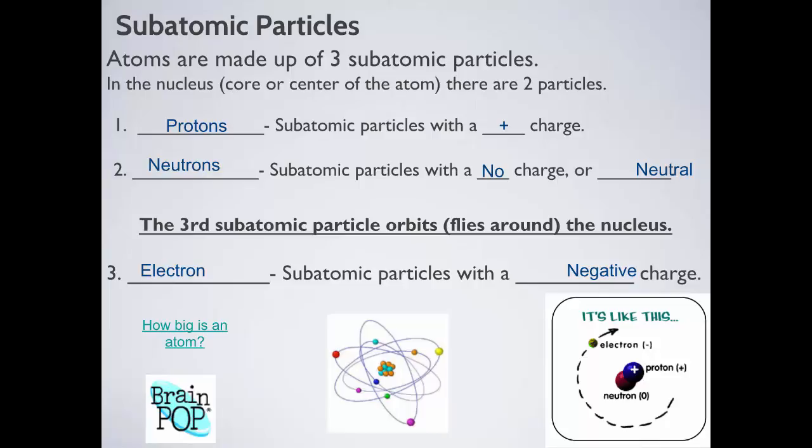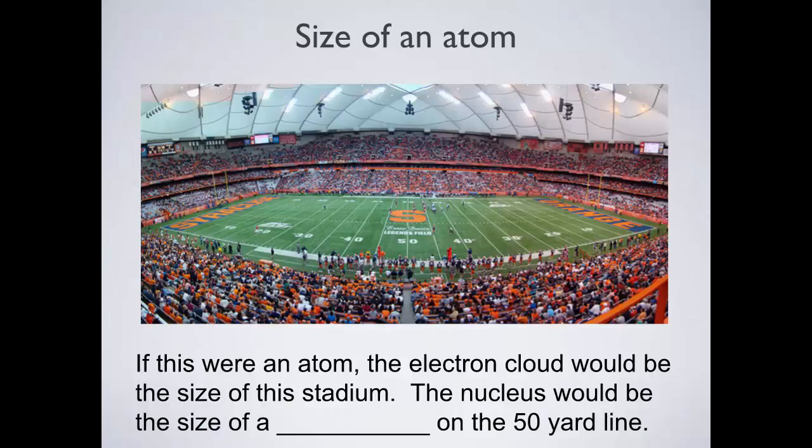Each element on the periodic table has a different number of protons in its nucleus. That's what makes the elements different from each other. Now, it's sort of hard to conceptualize this, but atoms are really mostly empty space. So we have the nucleus with the protons and the neutrons, and then you have the electrons on the outside, but there is a huge space in between them.